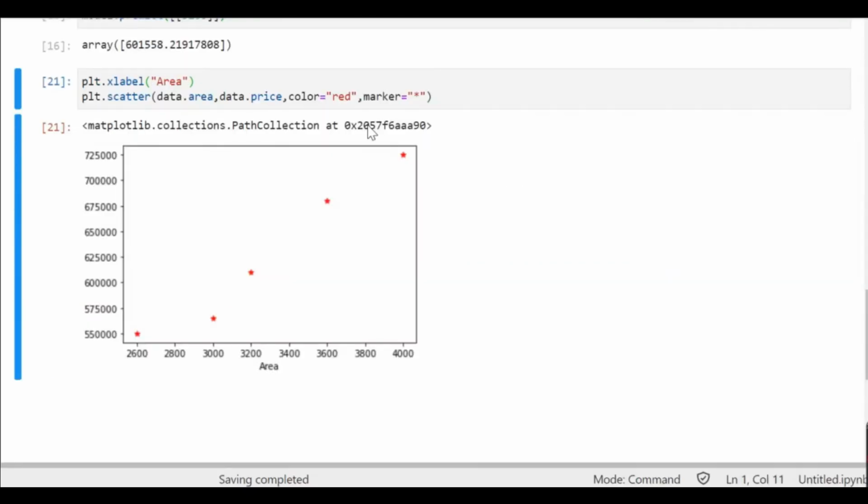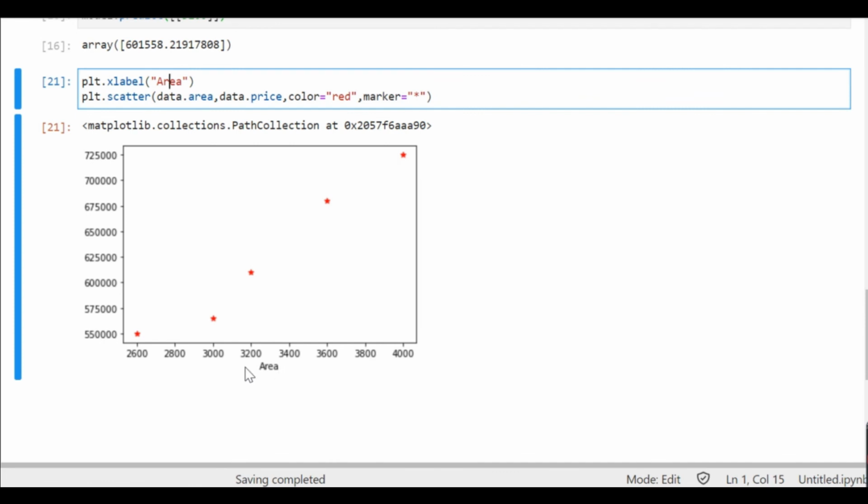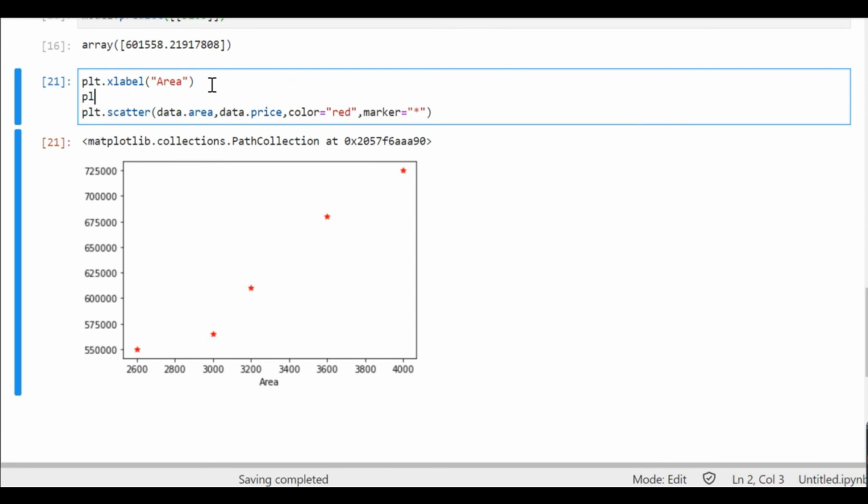Now let us see how we can plot a linear line on top of this scatter diagram. I have taken the xlabel area, so it will display the area label on the x-axis. Moreover, you can define the ylabel as well. You can define that price is present on the y-axis.